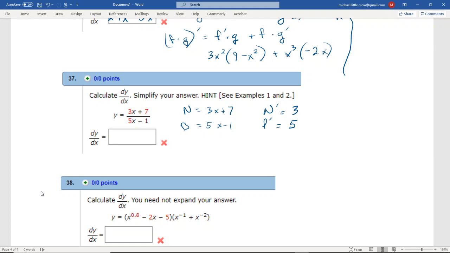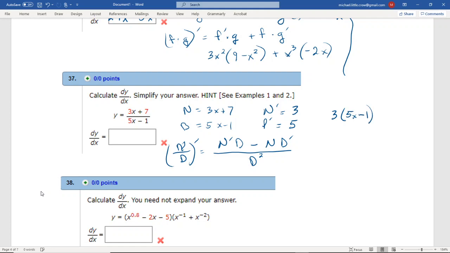And then just remember, when we take the derivative of the numerator over the denominator, we get the numerator derivative times the denominator minus the numerator times the derivative of the denominator. So we're switching off there. And then we get the denominator squared. So let's put this all in, then they want us to simplify. The derivative of the numerator is 3. The denominator is 5x